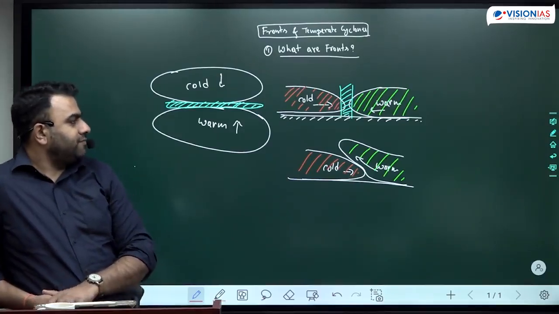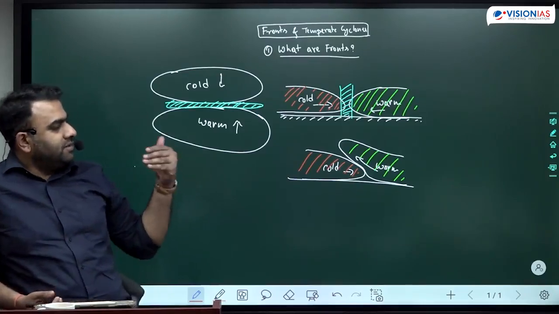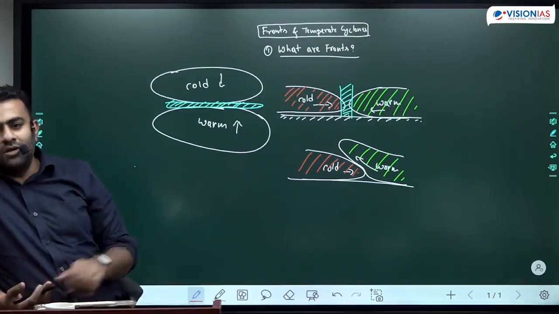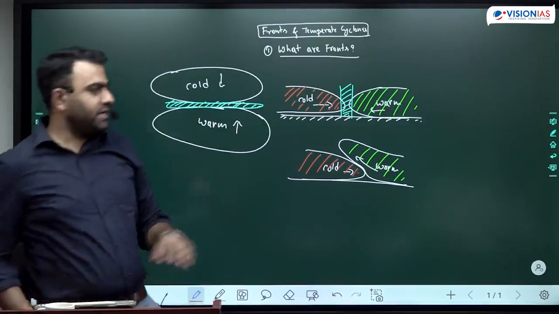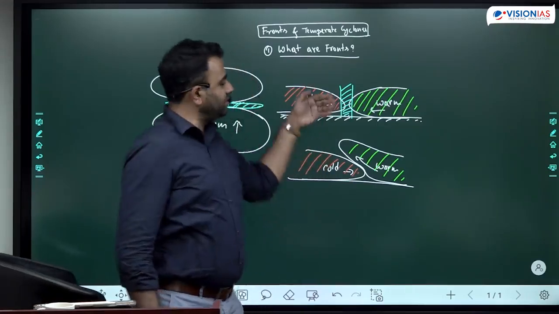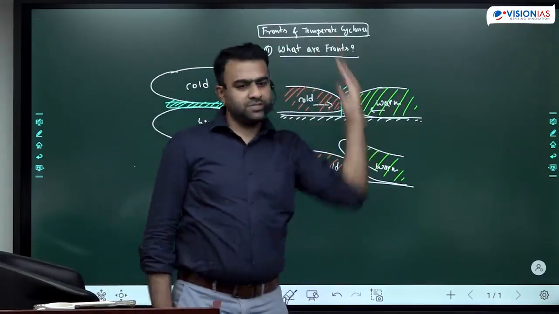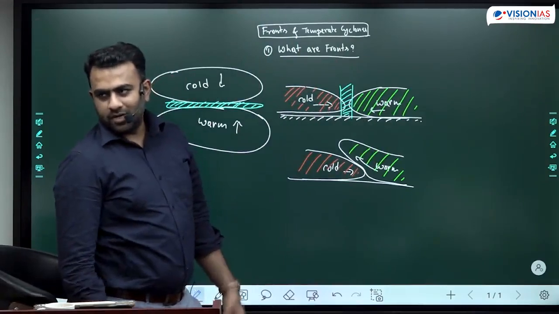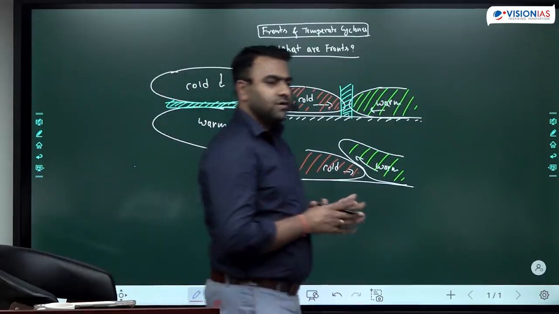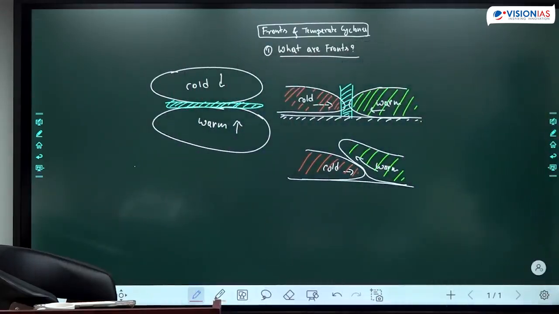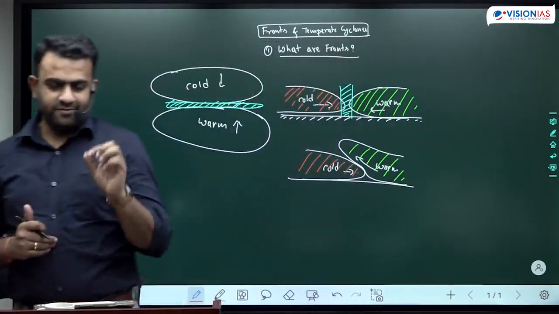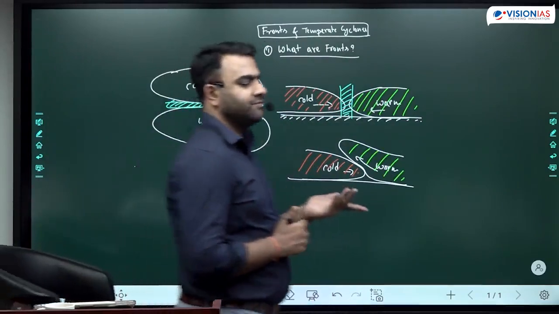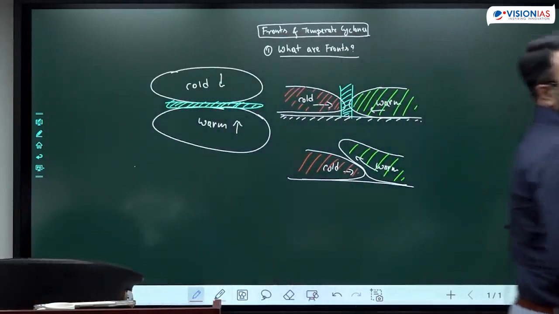Imagine after some time, the difference in pressure in a different direction causes one of the air masses to move totally in a different direction. Earlier the pressure difference was towards each other. Now the pressure difference caused this air mass to move in this direction, and this air mass to move in another direction. After some time, if you see, there is no front. The front has come to an end. It's called frontolysis. Frontogenesis is the formation of a front; decay of a front is frontolysis. Frontolysis is the process of decay.